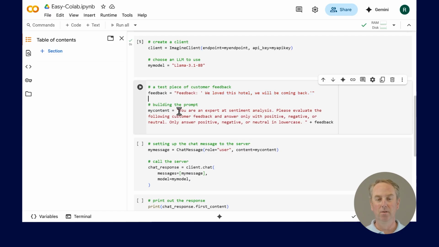And here's the prompt setup. So we're going to say, you're an expert at sentiment analysis. Please evaluate the following customer feedback and answer only with positive, negative, or neutral. And then here's the guardrail. Only answer positive, negative, or neutral in lowercase, because what we intend to do with this data is store it